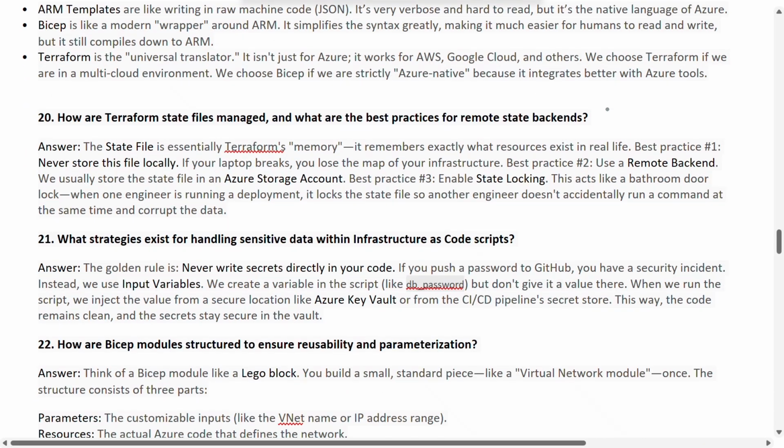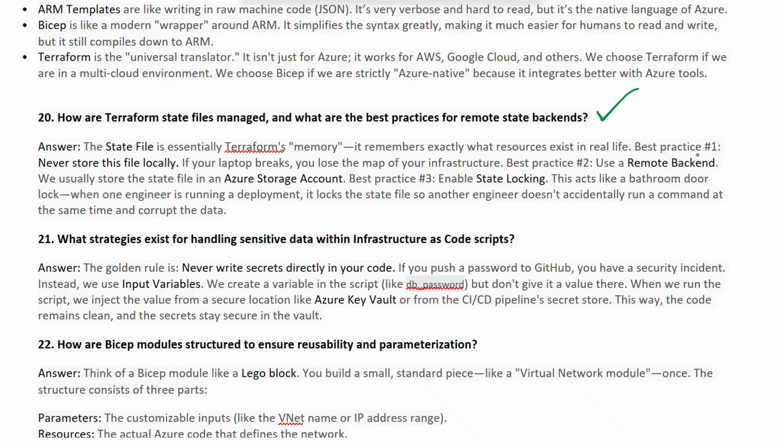Okay, and moving further, how are the Terraform state files managed, and what are the best practices for remote state backend management? Here, the state file is essentially Terraform's memory. It remembers exactly what resources exist in real life.